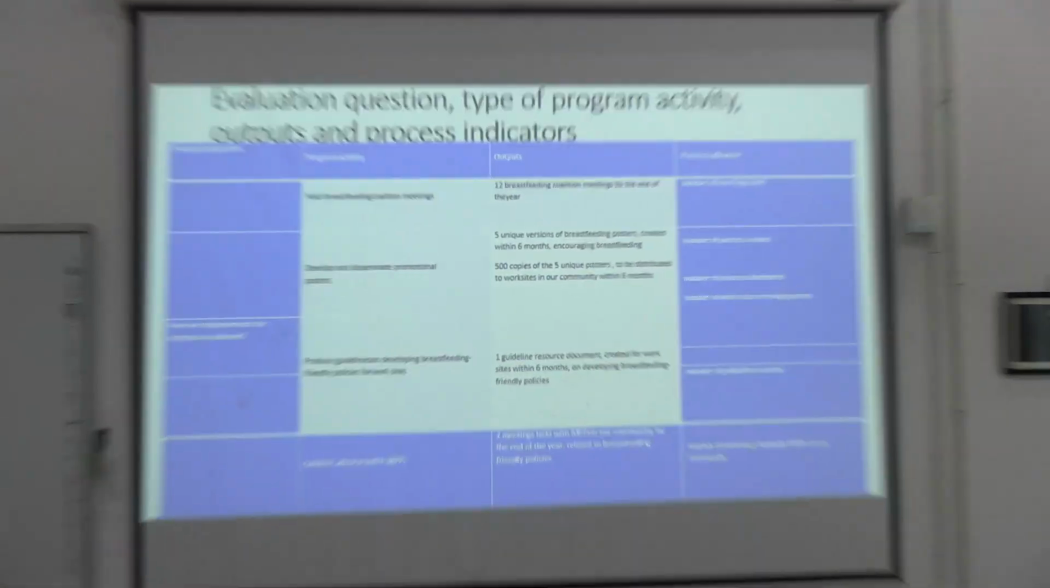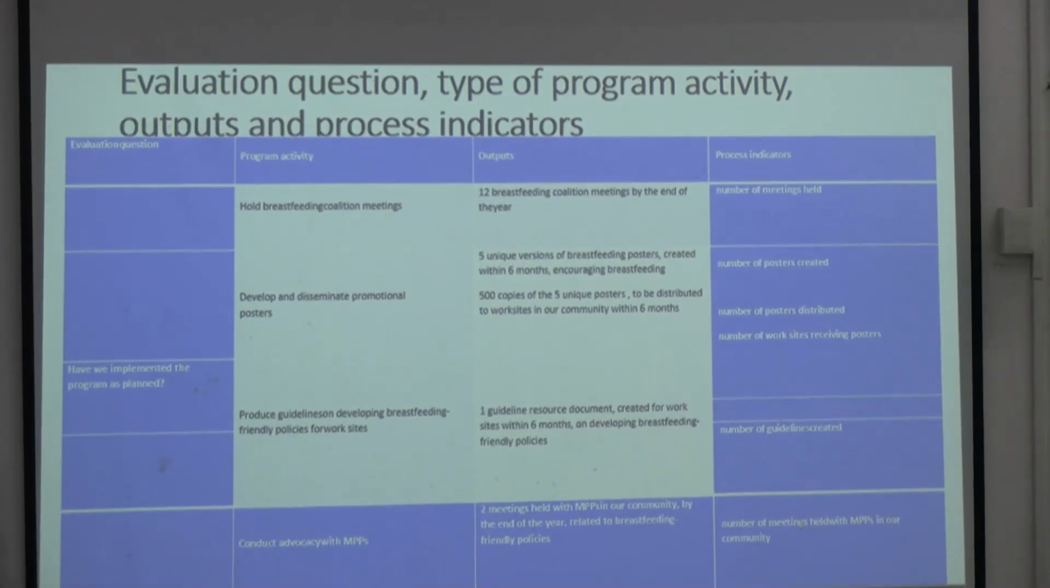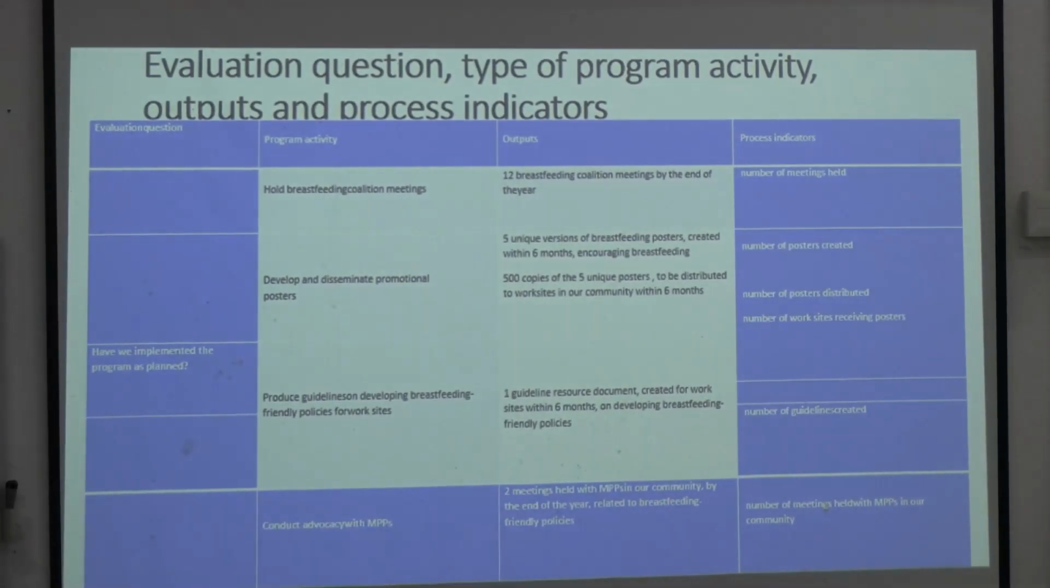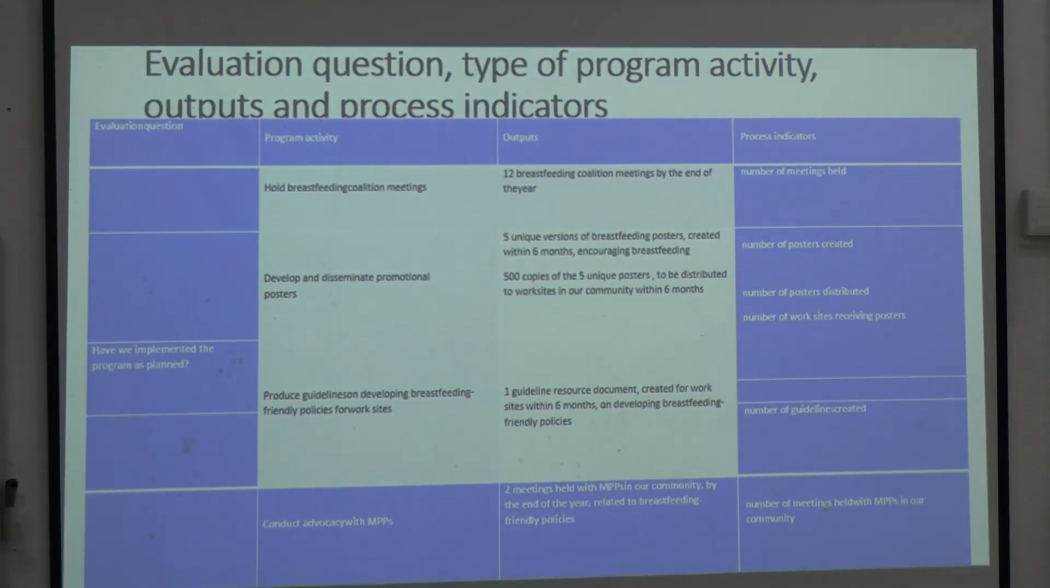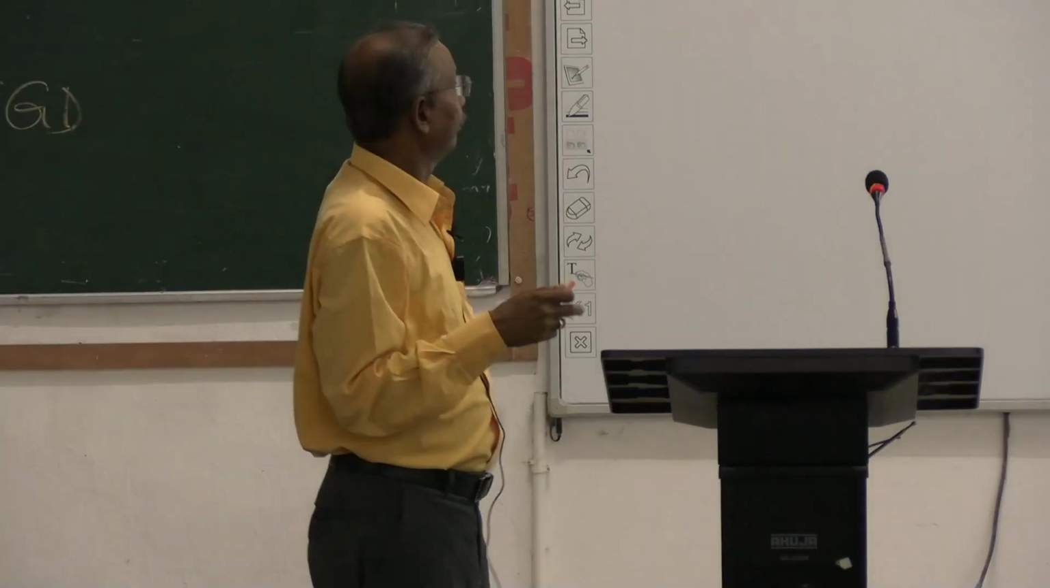To meeting with the member of provincial parliament in our community by the end of this year related to breastfeeding friendly policies, and in process indicators, number of meeting held with MPs. So 5th step is over. Okay, what do we measure? And next,